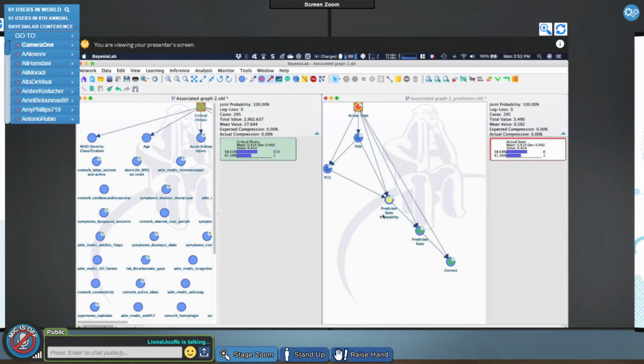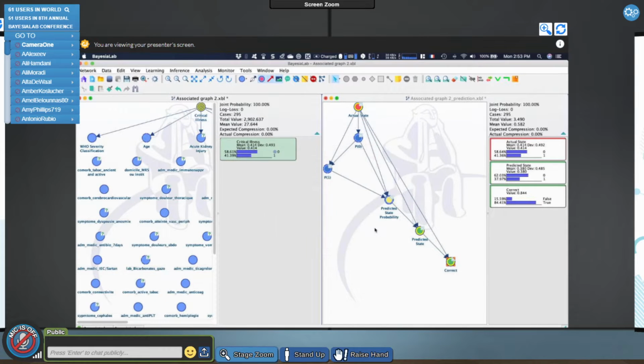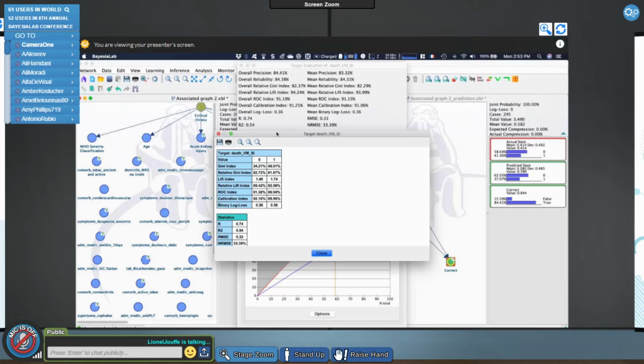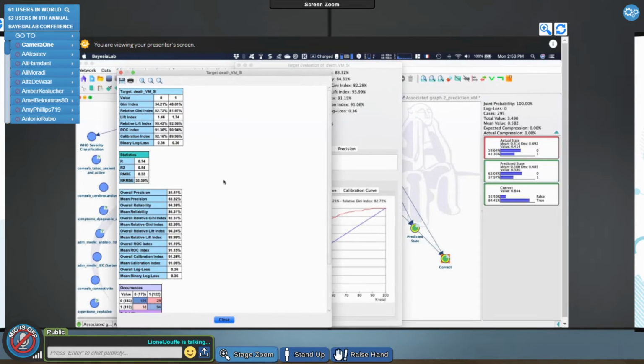We have the predicted states, and we have a node that indicates if the prediction is correct or not. Right? And if I go back here and do analysis at your performance target, I can generate a report here that corresponds to the analysis of the target node, right?